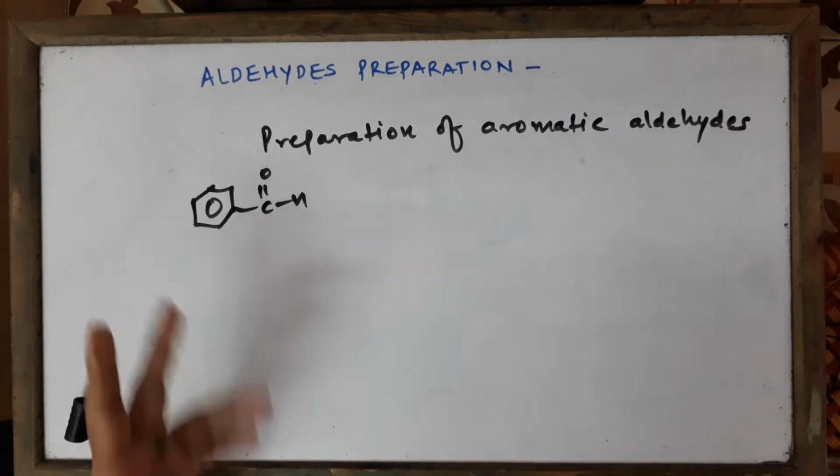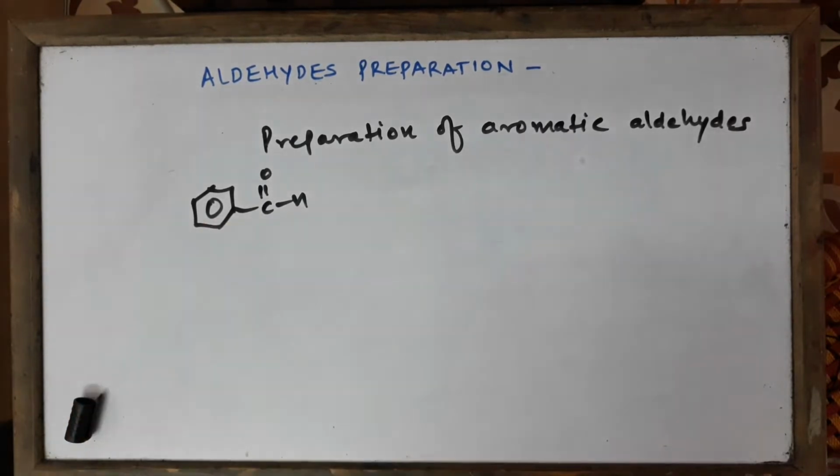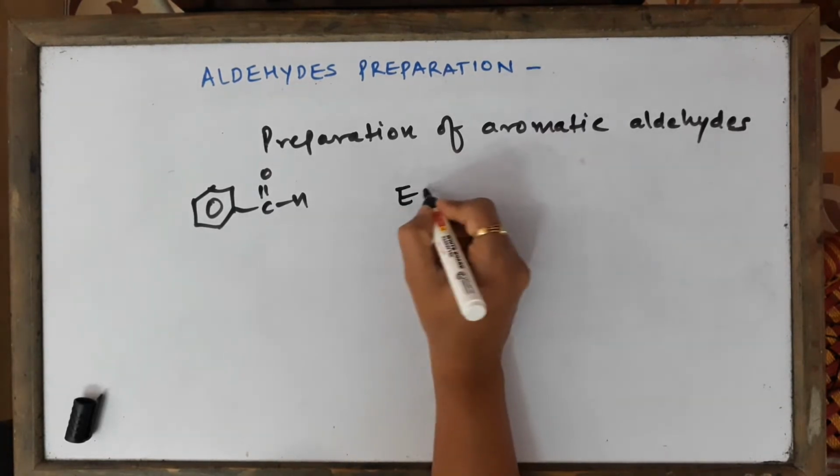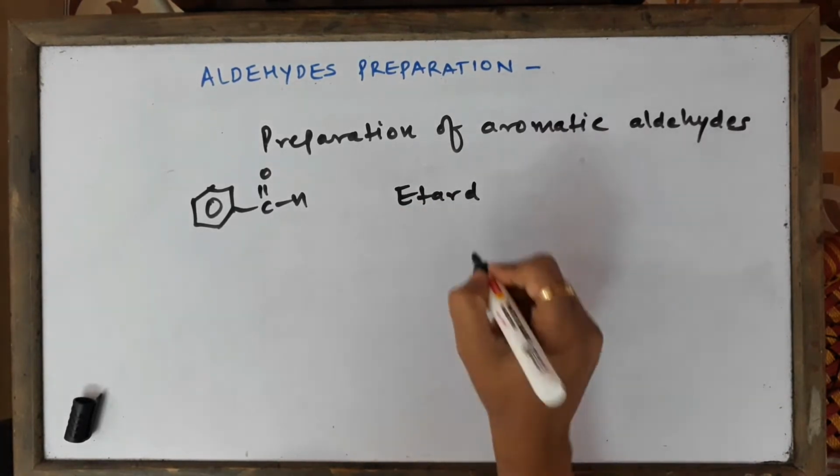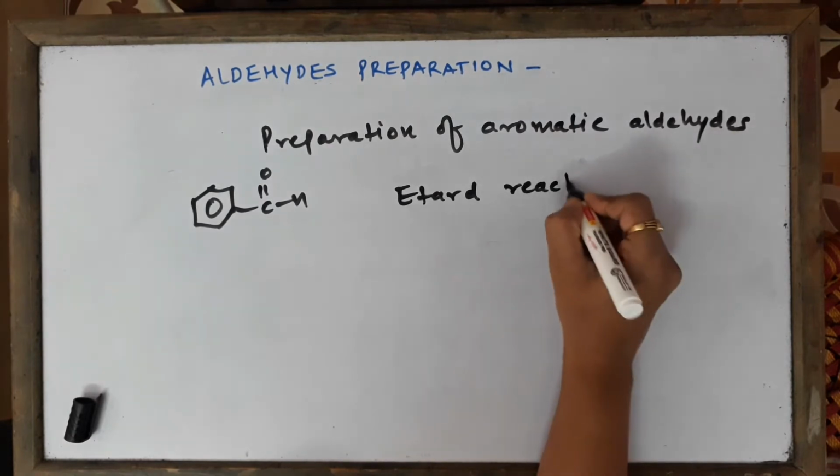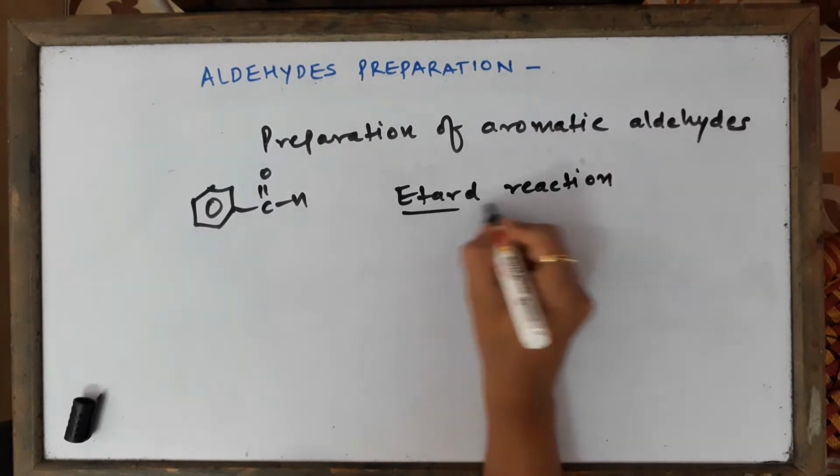to the CHO. And how to prepare this, we are going to see 3 methods which are quite simple, and in the past 2-3 years those reactions have been asked in the board paper. So let's do the first one. The first reaction which we will cover up today is Etard reaction. It's a very special reaction, Etard reaction.